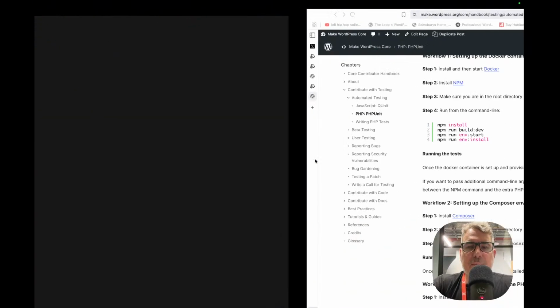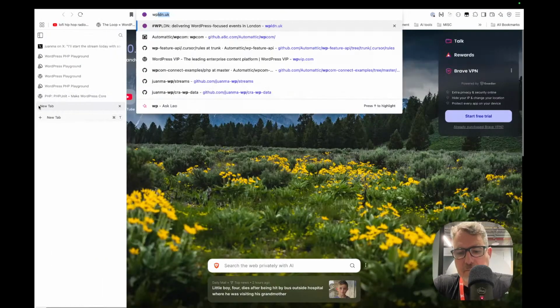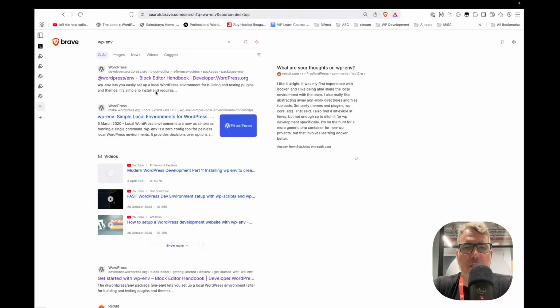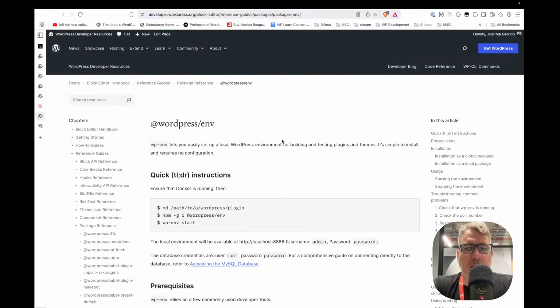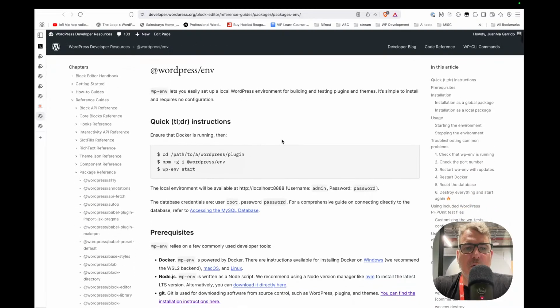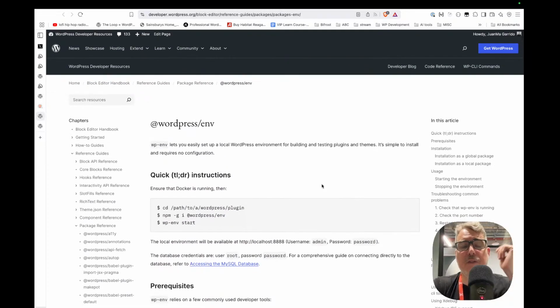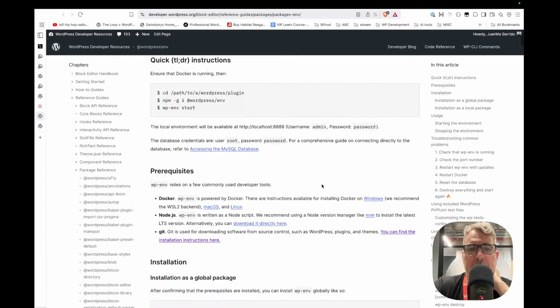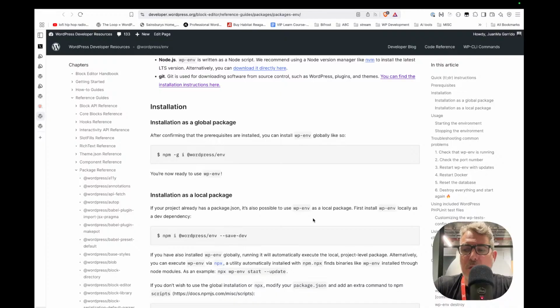Let's review in the meantime WP-ENV and all the things that we can do with it. Here we have in the block editor handbook the documentation about this tool. We can install it globally, which will allow us to launch WP-ENV on every project without the need of installing any local dependency. But I think it's a good practice to